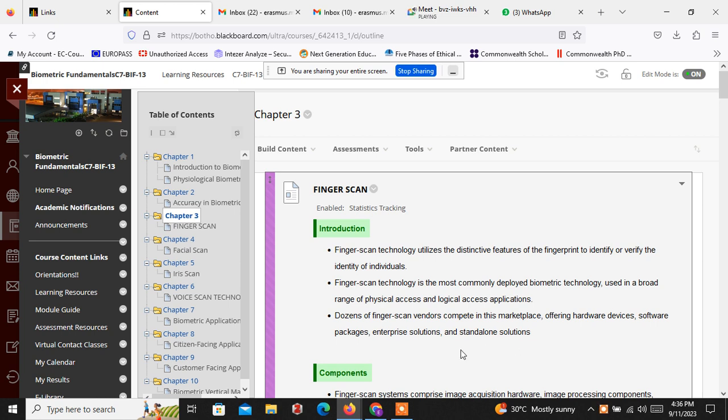Yeah, so when we talk about the fingerprint, we are talking about the patterns that are found on the fingers. They are not only found on the fingers, they are also found in the palm. So we also have palm print. So when we say fingerprint, we are talking about the raised portion, or some people will say the hills, and then the depressed portion, and other people will say the valleys. So the hills and the valleys that are found on the fingerprint as a pattern,